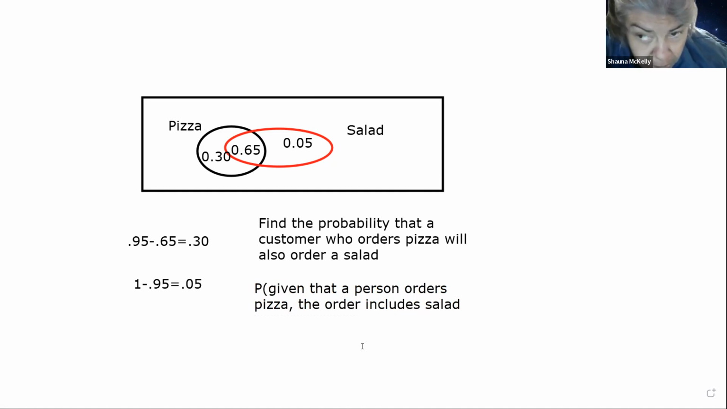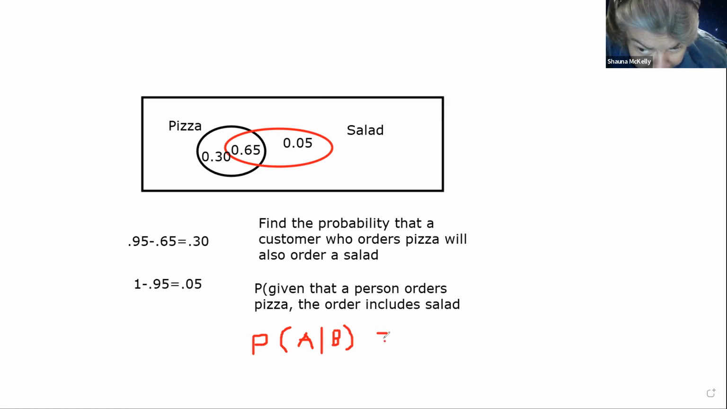but it's not a strict multiplication. It's the conditional probability formula. And the conditional probability formula says that the probability of A given B or B given A, right? This line means given that. So A given B, okay, is going to equal